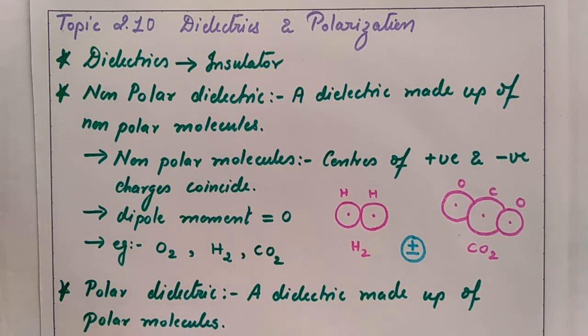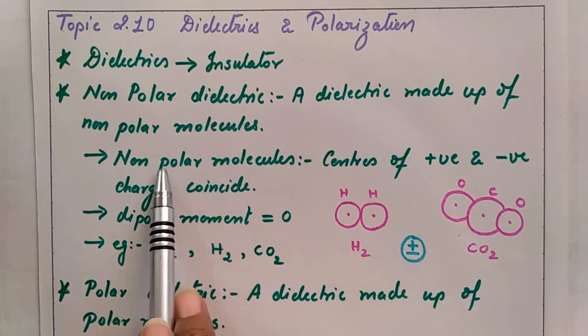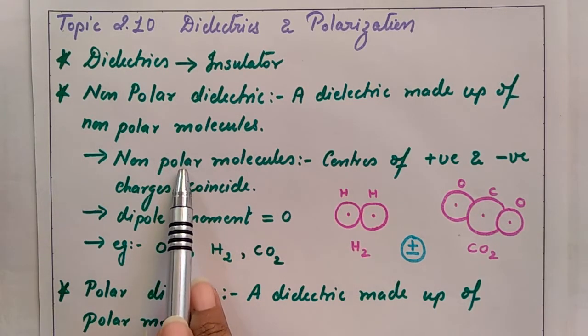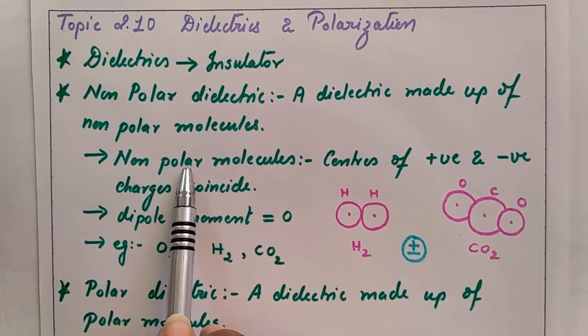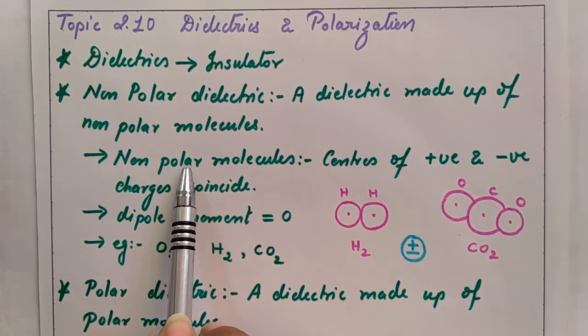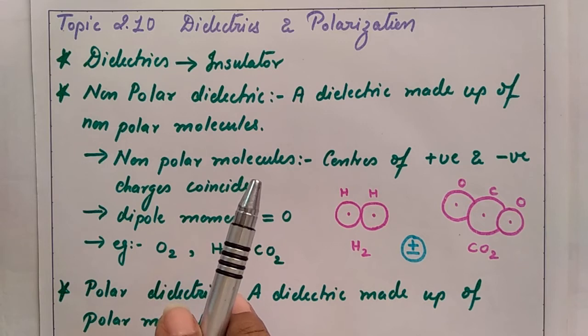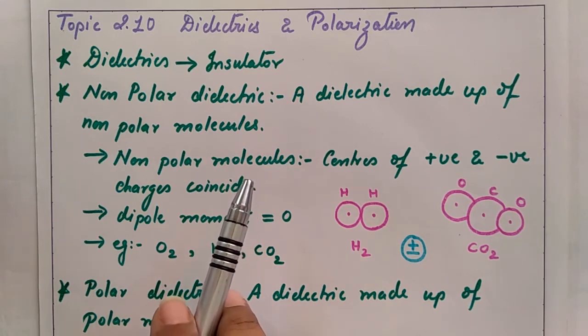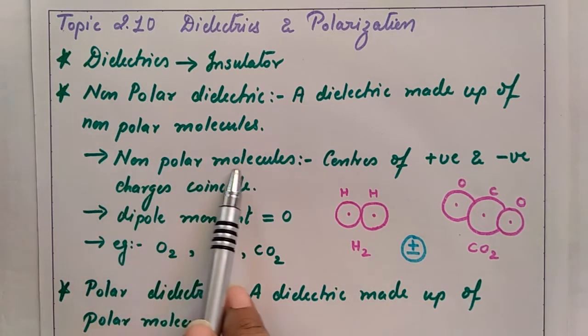So we need to understand what are polar and what are non-polar molecules. So first, non-polar molecules. See, what do you mean by the word polar? It comes from the word poles. You might have heard about North Pole and South Pole in the magnet, or else you might have heard in a dipole, negative pole and positive pole. So the molecules which have such poles, positive and negative poles, are known as polar molecules, and the molecules which don't have positive and negative poles are known as non-polar molecules.